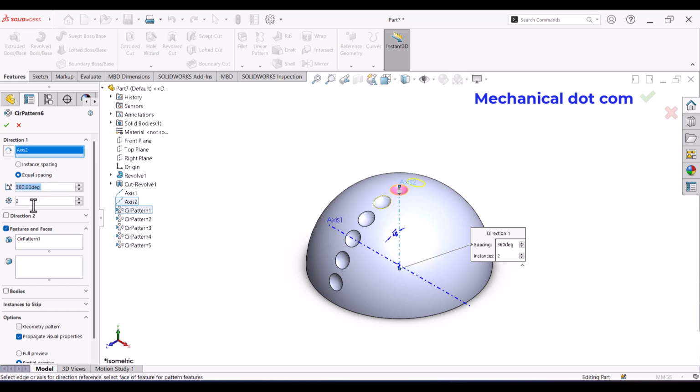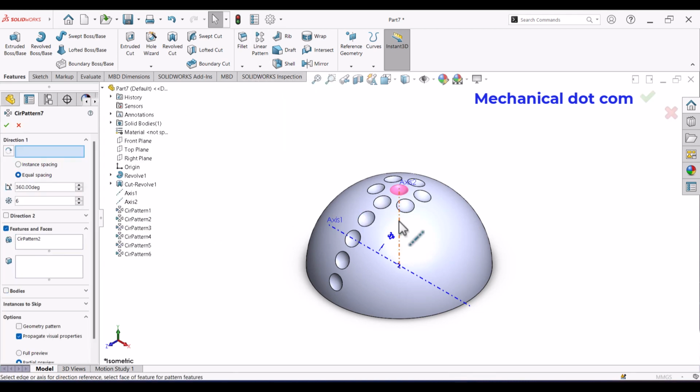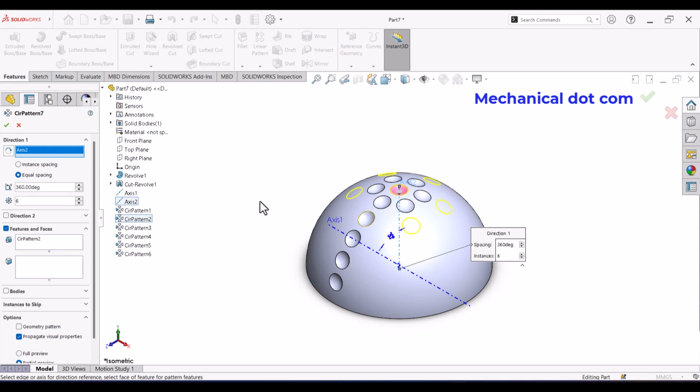And we want 6 patterns. So type 6 and press OK. Similarly, now we will choose circular pattern 2. Circular pattern, we will choose the vertical axis. The angle is 360 degree, and we want 12 such patterns. Press OK.